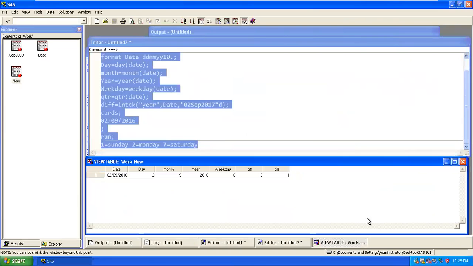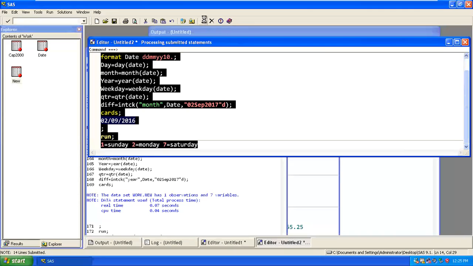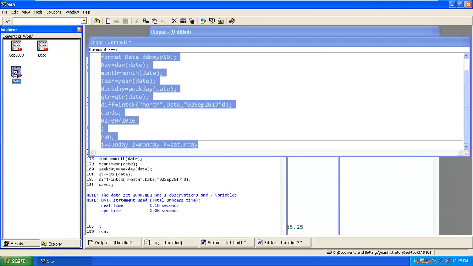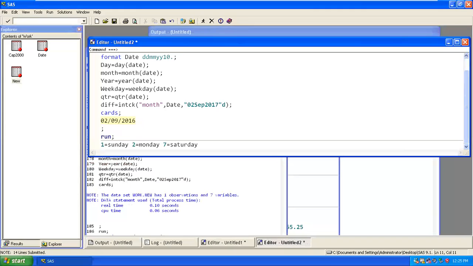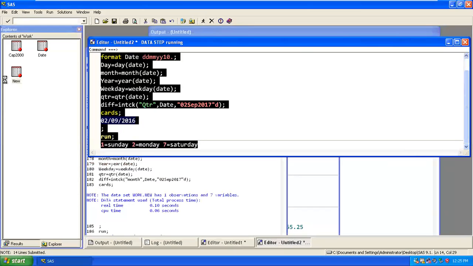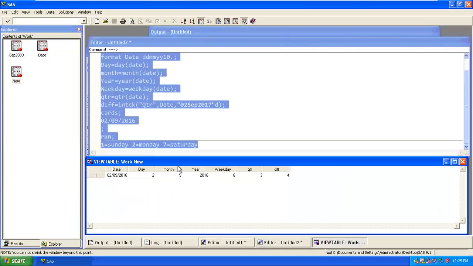Correct, it gives me 1. In the same case, if you try to get the interval of month, you can change the query itself. It will give you a month difference. So how many months got passed between two dates, 12 months. If I wanted to know how many quarters got passed, I can use QTR. Got it?